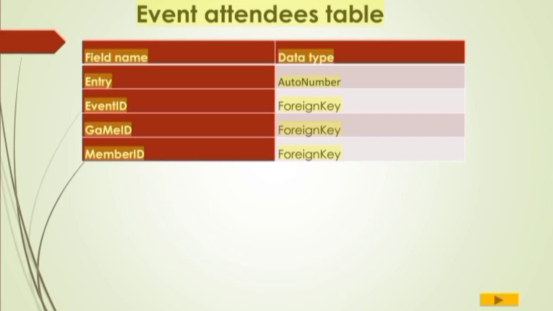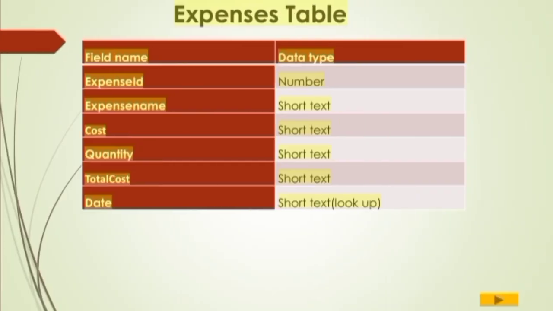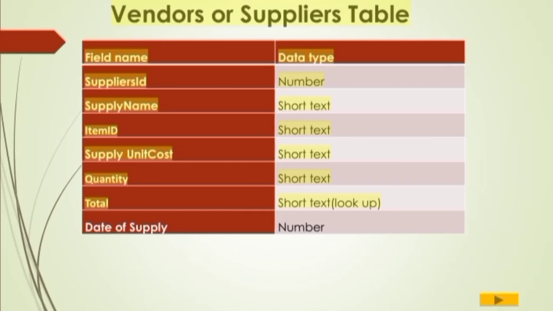ID, foreign key. Expenses table. Field name, data type. Expense ID, number. Expense name, short text. Cost, short text. Quantity, short text. Total cost, short text. Date, short text, lookup. Vendors or suppliers table. Field name, data type. Suppliers ID, number. Supply name, short text. Item ID, short text. Supply unit cost, short text. Quantity, short text. Total, short text,